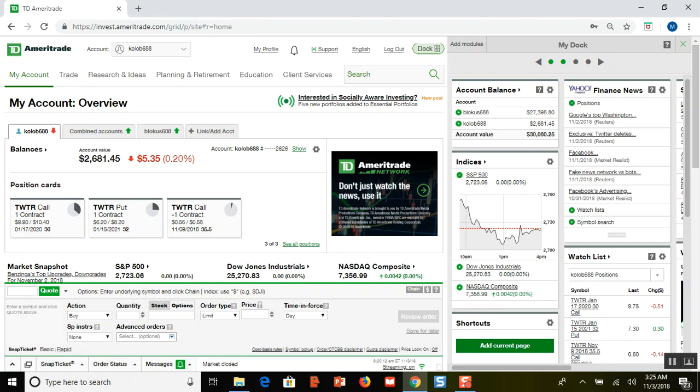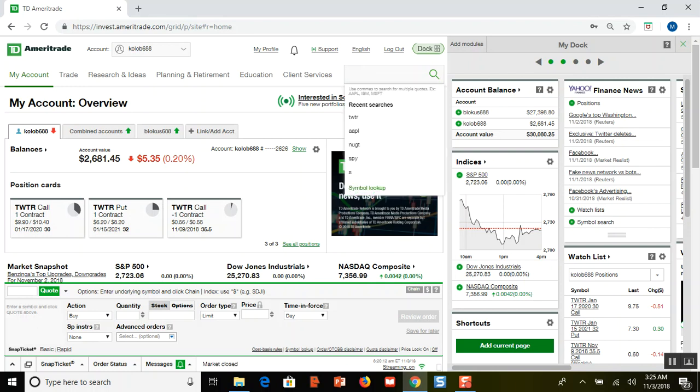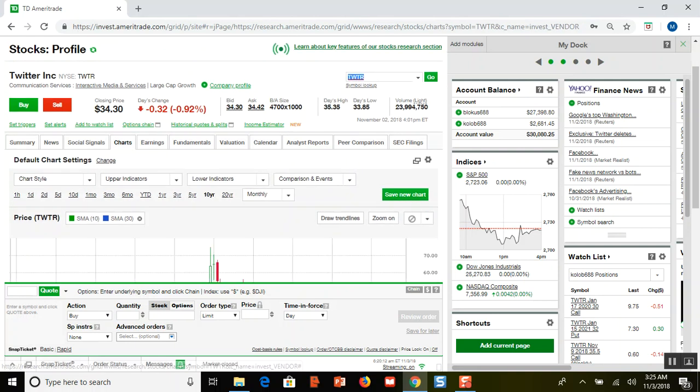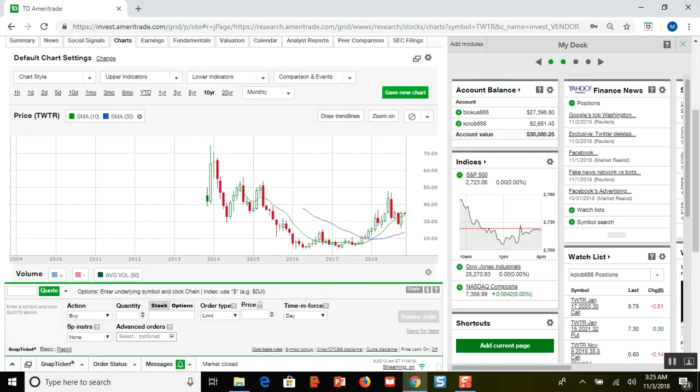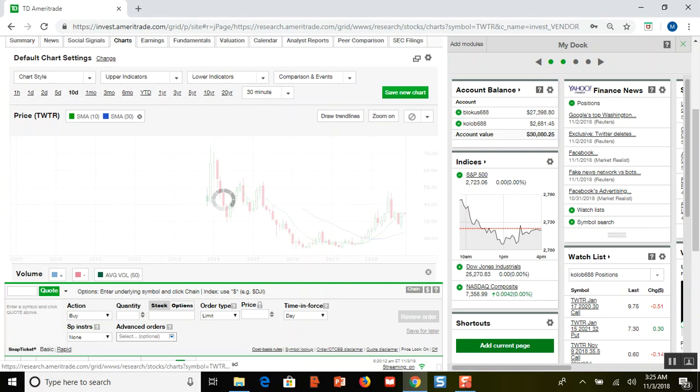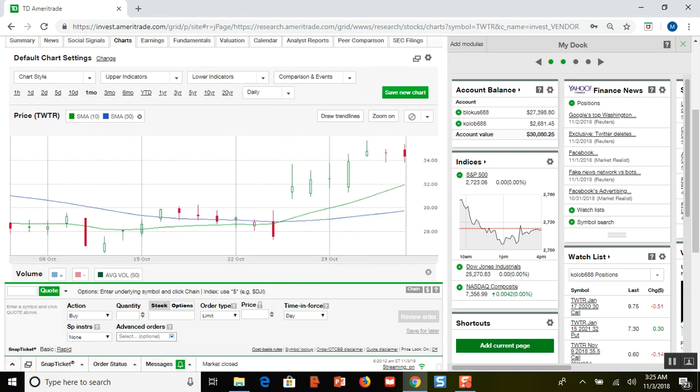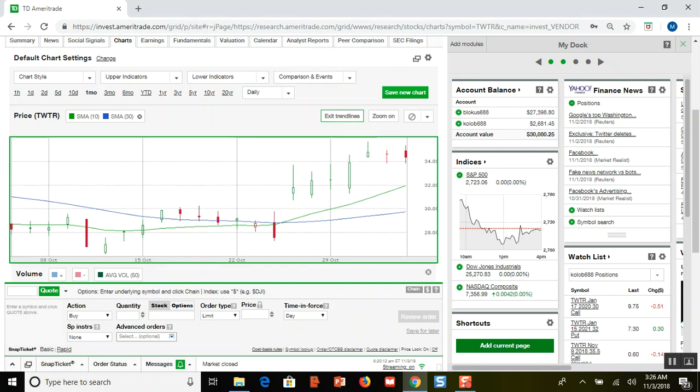Twitter had a good earnings, and they went up a lot. If we look at the chart on what happened on the earnings, was, what, a week ago, back on the 25th. Pull up the chart here, and let's go ahead and go to the 10-day. Would that put it? Nope, that's too far. So here's the monthly chart. So there you go right there. And this is day, but look at the move that it made. It was down to like the $28, $29 range, and now it's all the way up to $34,